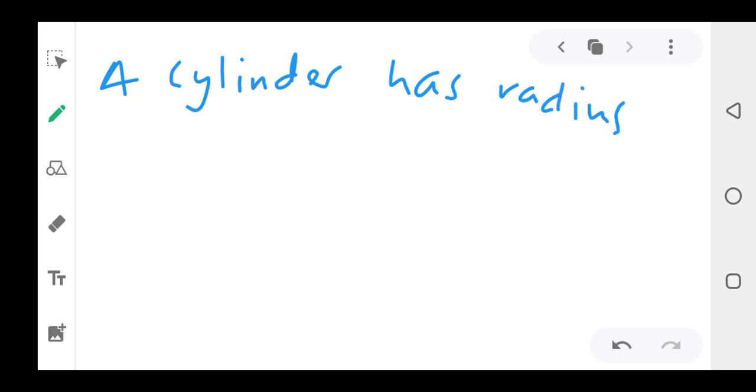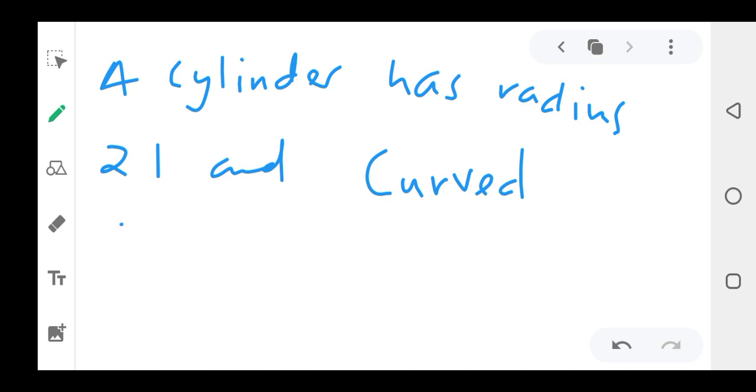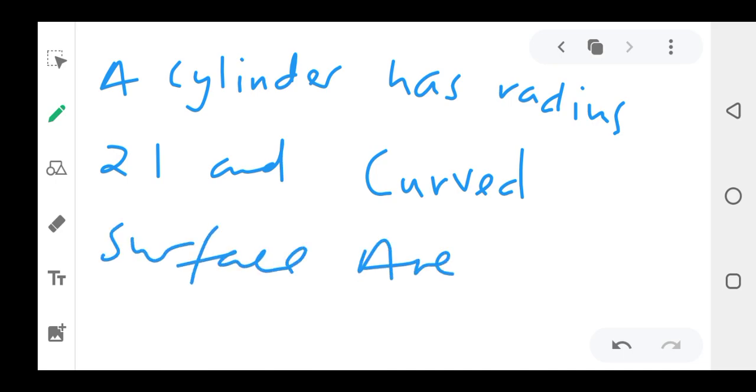A cylinder has radius 21 and curved surface area and curved surface area